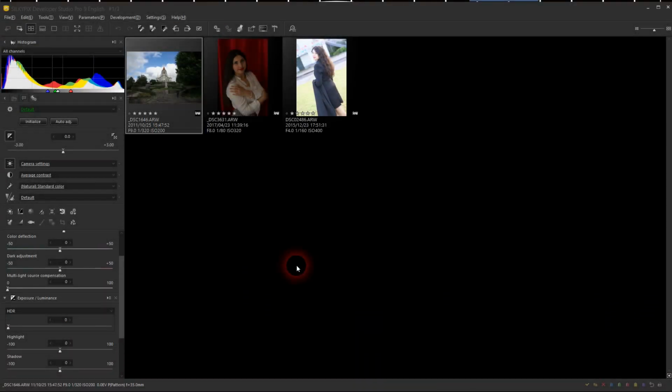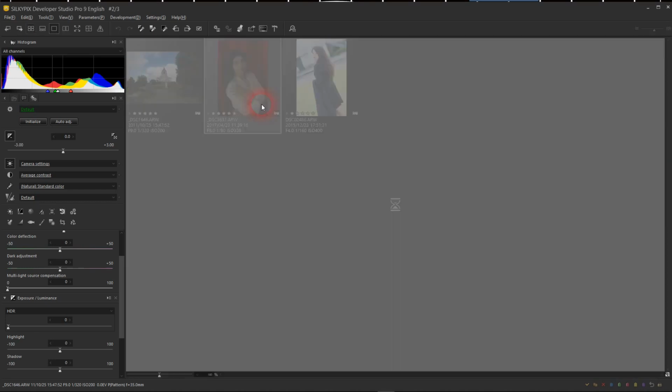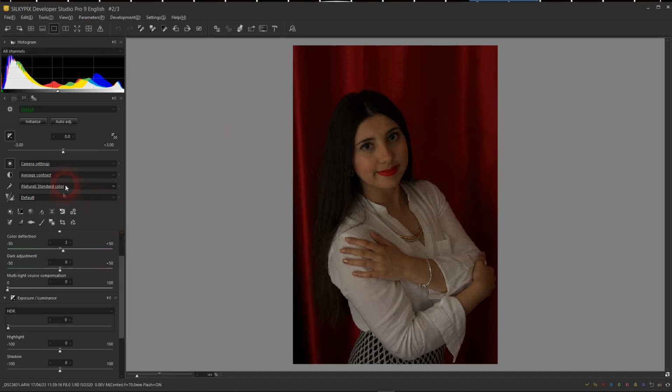In this Silky Pix video, I will demonstrate how to adjust and master the exposure using the histogram. Start by selecting the image that will be edited, then go to the Parameters controls, and in the set of icons, select the development setting, the one at right on top, and click to open the panel.